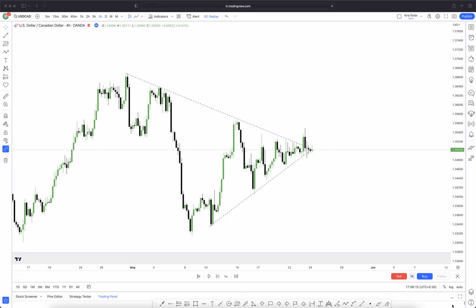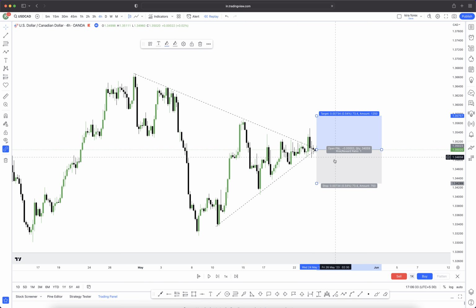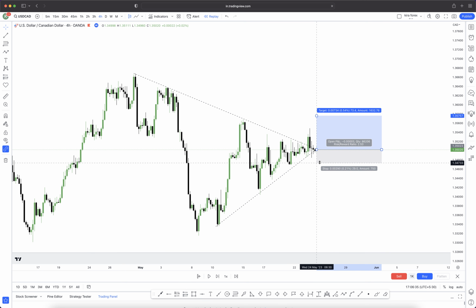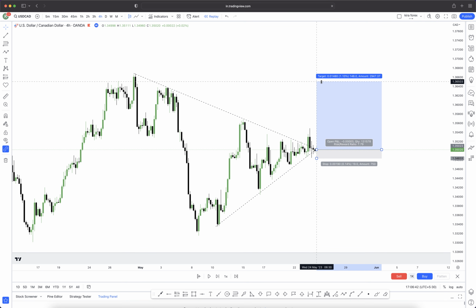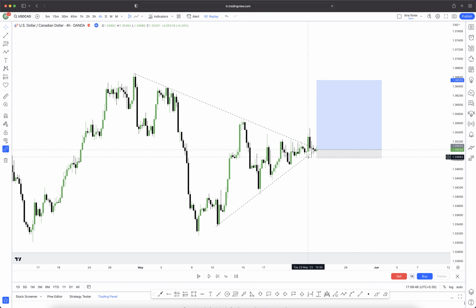So once I have seen these rejections on the trend line, it is already telling me that the bulls are in power. So what I'll do is to pick my long position tool and then draw it on the trend line. So my entry will be a little below the second triangle,